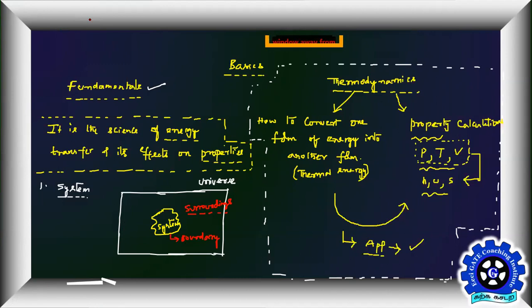These are very important. Please be careful. The fundamentals you are learning will not leave you at all when you are learning the entire thermodynamics. Whether it is basics or fundamentals, you need to play every day with words like system, surroundings, boundary, universe. Very, very important. Whenever you see a problem, the first step in solving it is this. After reading the question, you should identify what the system is in that problem, what boundary you should take to solve it, and what the surroundings are. If you are able to define this, the first part of solving the question will be over.